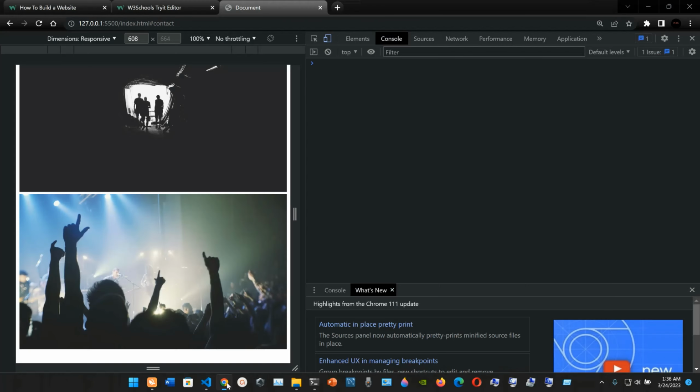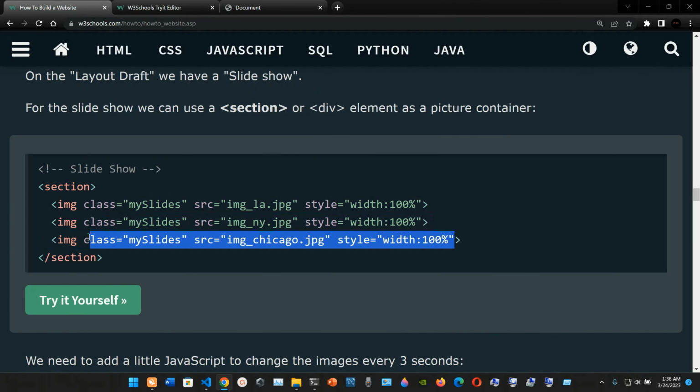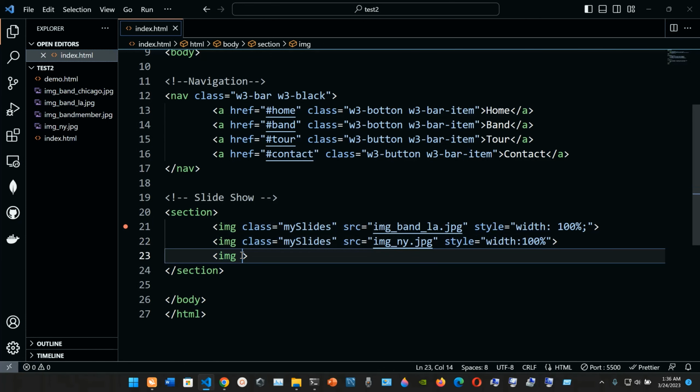So that is that. And finally, we're just gonna grab the class and the attribute for the final image element. So in line 23, we're gonna have the image element with a class attribute, again my slides, the source is gonna be image underscore